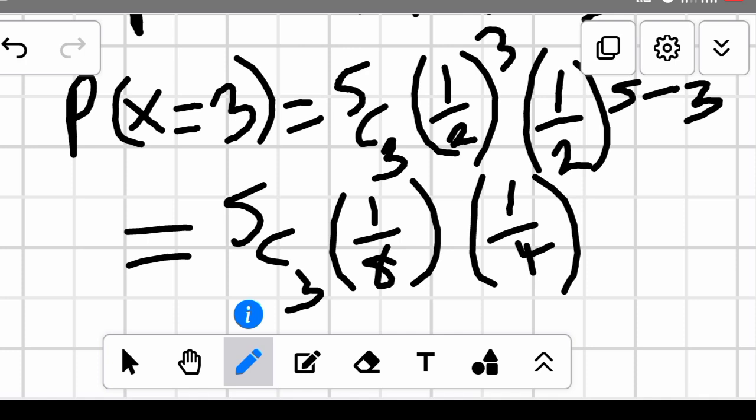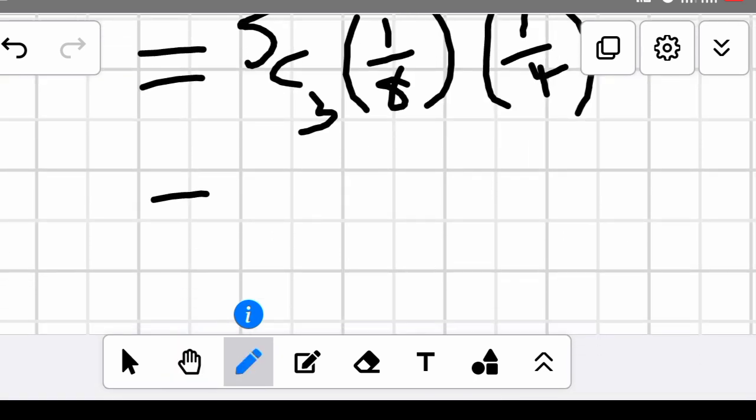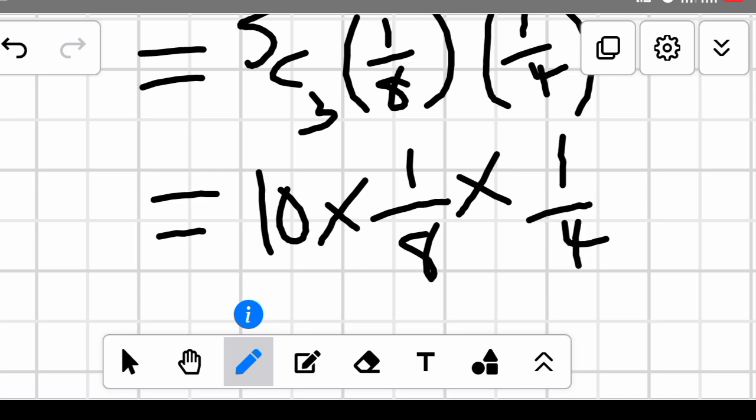So then the next is to evaluate your 5 combination 3 multiplied by 1 over 8 multiplied by 1 over 4. 5 combination 3 is going to give us 10. So we'll be having 10 multiplied by 1 over 8 times 1 over 4. So if you do this maths well, to get a decimal,